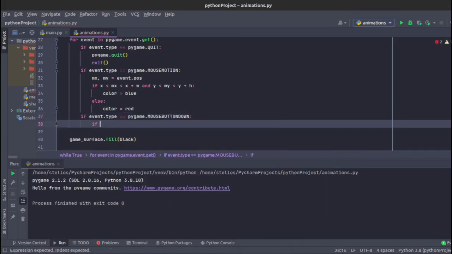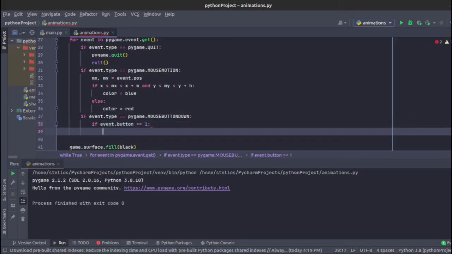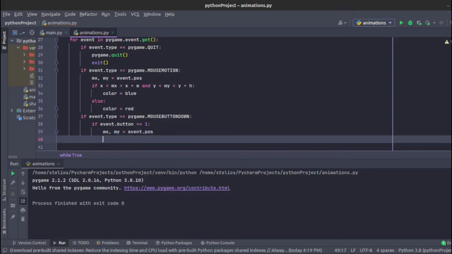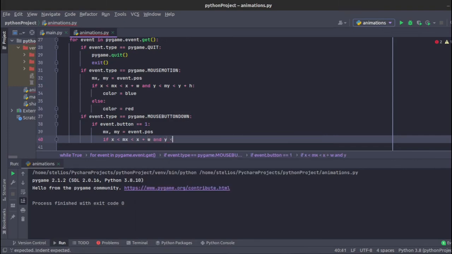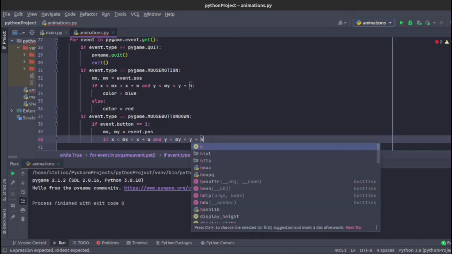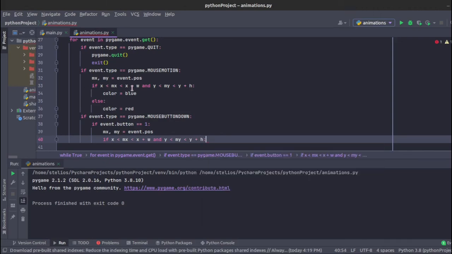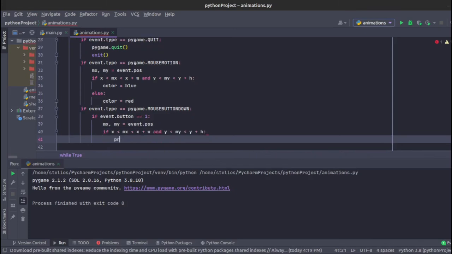Now if the event.button equals 1, so if this is a left click, mx, my will be equal to event.pos. Now if x is less than mx less than x plus w, and y is less than my less than y plus h, so the exact same thing that we did above for the hovering over, we can just print